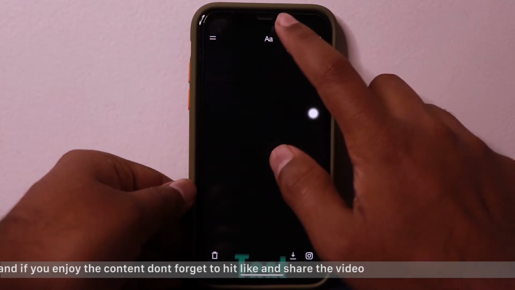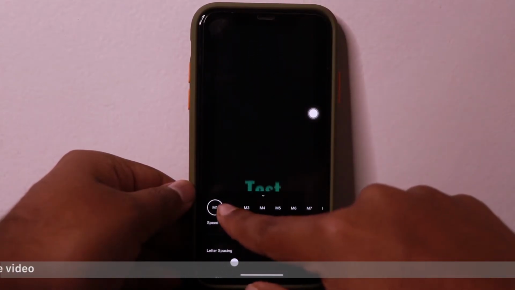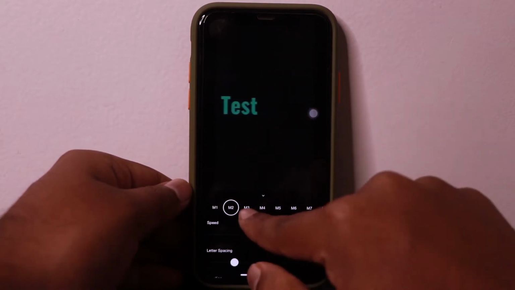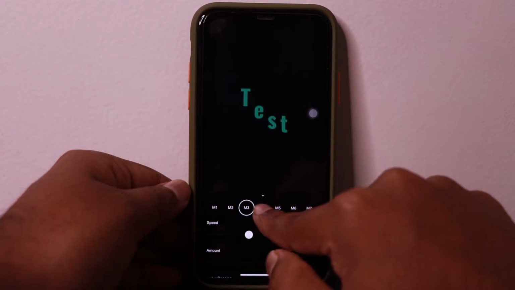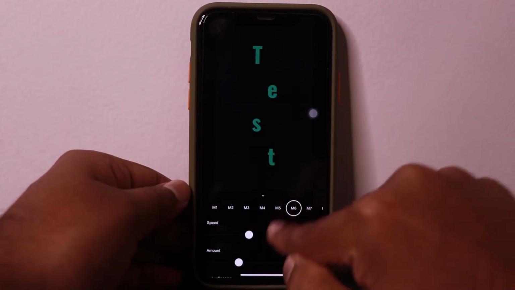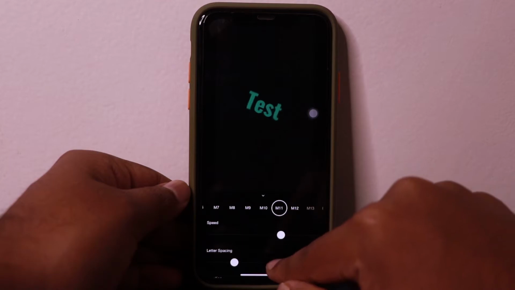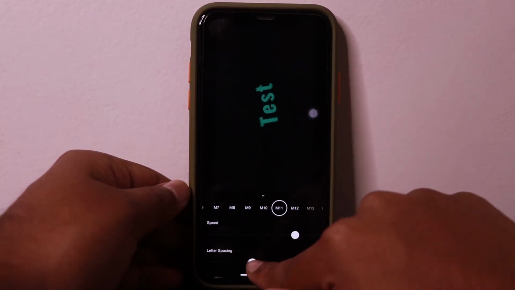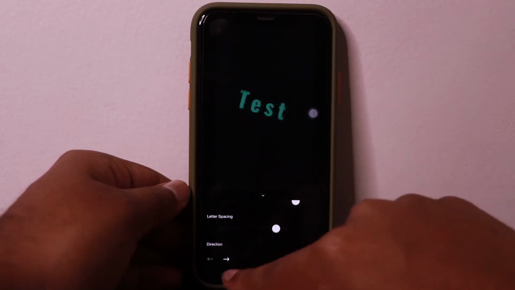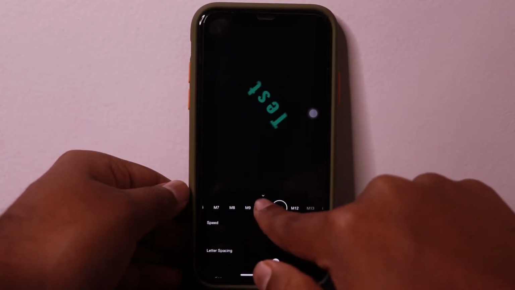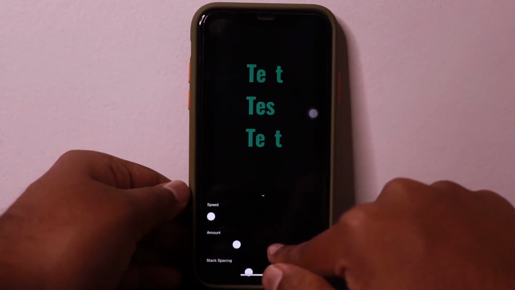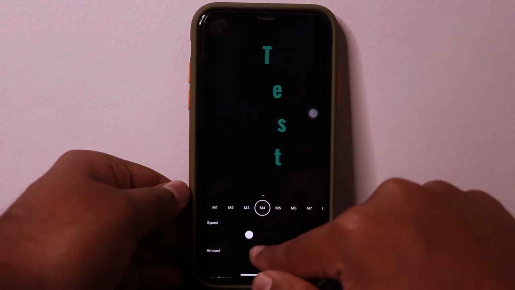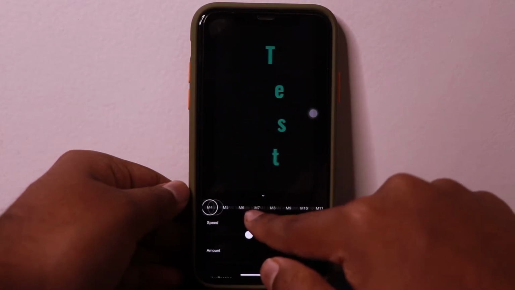Then you can also have various options, various animations. As you can see, this was bottom to top, this is left to right, then this is dancing text. Likewise, you have various options for text. You have the option to increase its speed, decrease its speed, increase the letter spacing. As you change the animation, the setting below here changes.